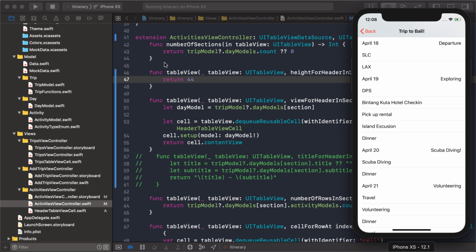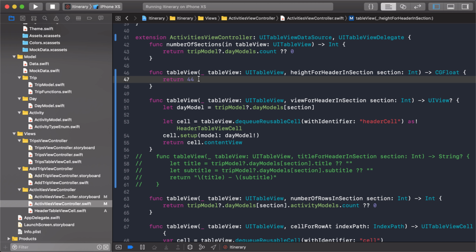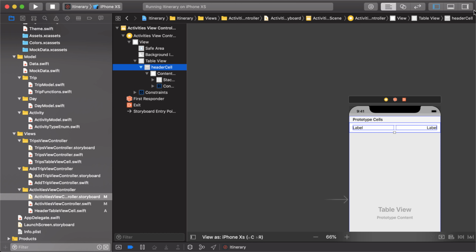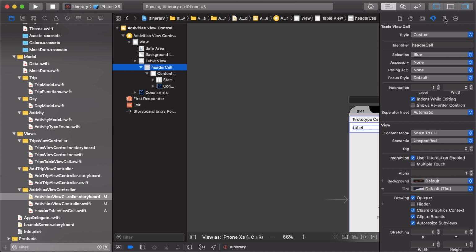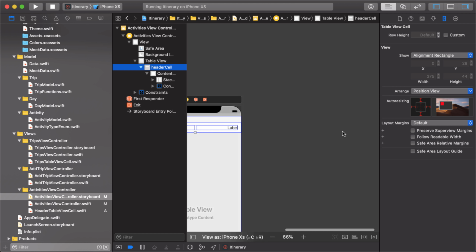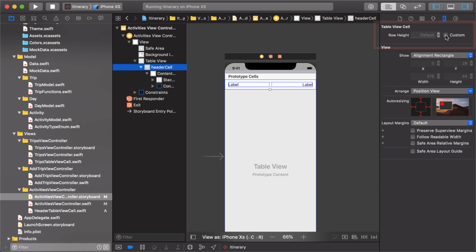So we're going to refactor this a little bit. Now I'm returning a hard-coded value of 44. And if we look at our storyboard, let's just make sure that it is 44. So I'm going to look at the size inspector, and I see here the height is 44. Okay, so that's fine. But what if I change that height? What if I make it taller? So I come here, use a custom height, and set it to like